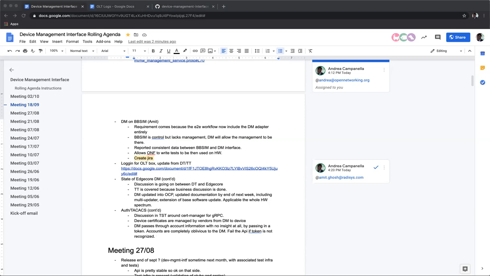I don't think that Volta or the device manager should manage the accounts for devices. Somebody is going to say, I'm going to log into this device, which is again a pass-through to the device, and say,